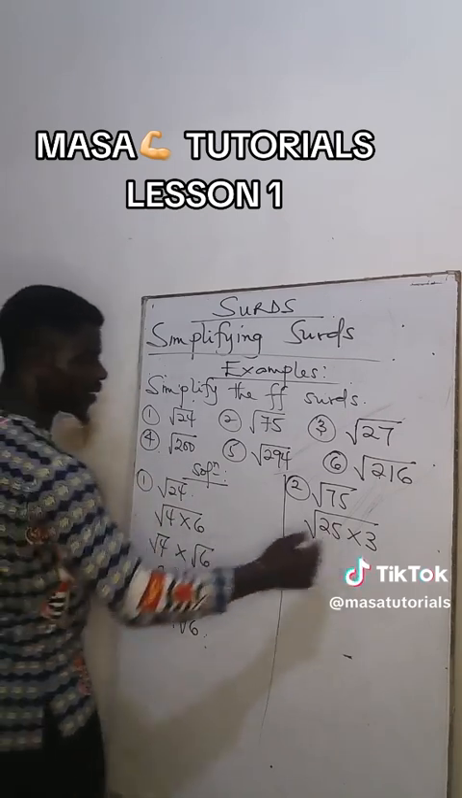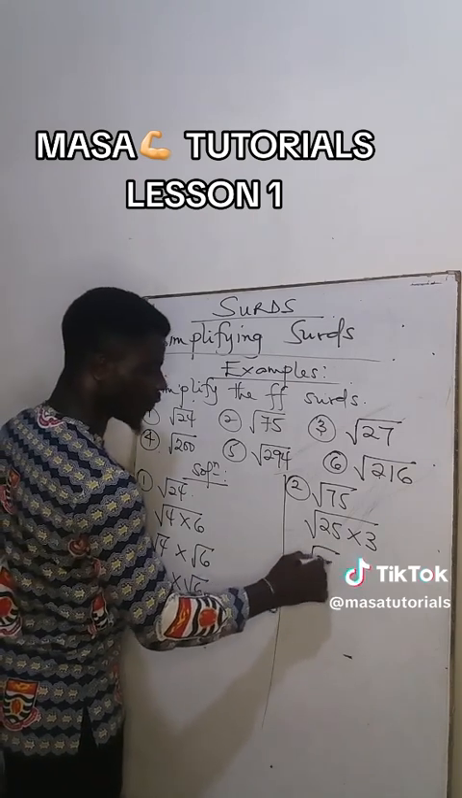Alright, now we split again. Square root of 25 times square